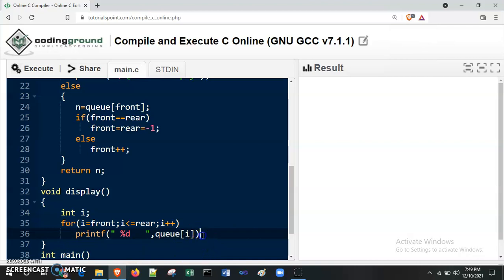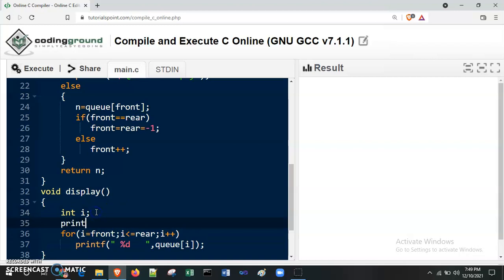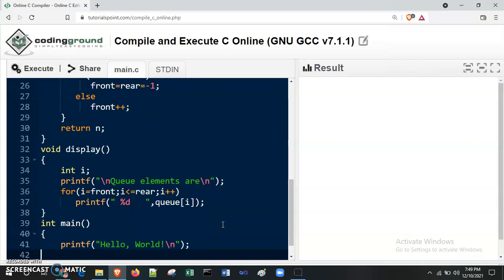But before displaying all the elements, I am going to print the message as Q elements are as below.